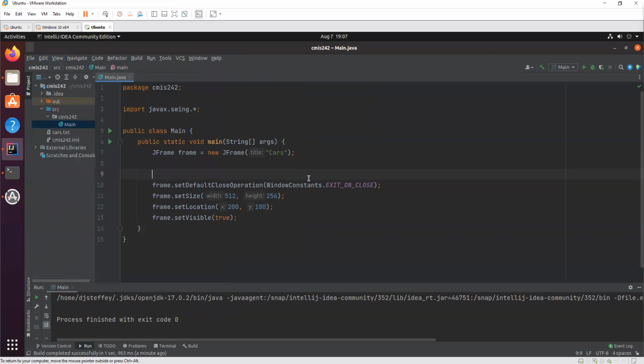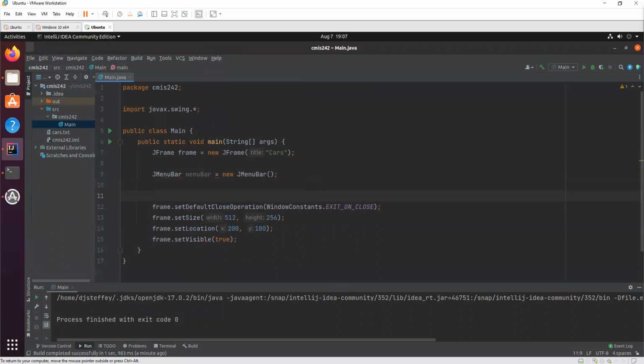And you make it like this. You have what we call a JMenuBar. It's just a new menu bar, just like that. That's our menu bar. Okay. Now that is the entire bar, right? All of these things together make this one menu bar. Now we need to make the individual items on here. For example, we need to make the file, the edit, and the view if we were making this one.